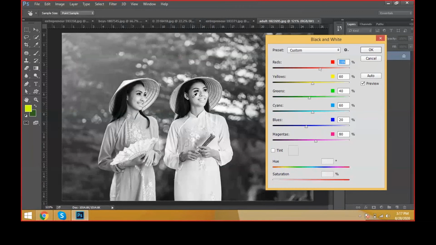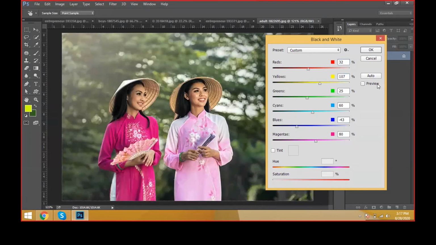See here, we have a redness on the face. That's why it is changing the redness. And here also we have changed that. And what about the green, the background? And what about the yellow? See the face tones. Like this we can modify the color. In the black and white mode also we can change the tones of the image.